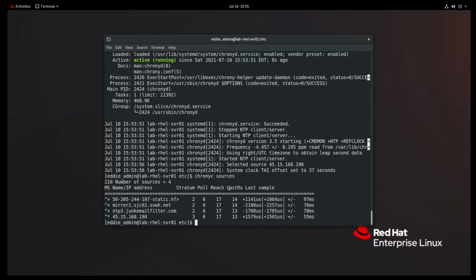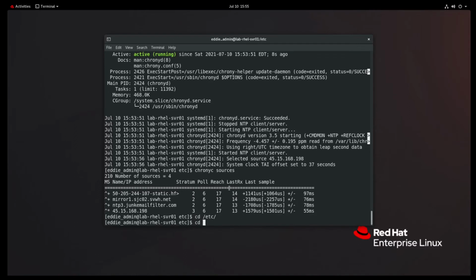So you've seen me use DNF, which you can also use yum for. Yum is going to be a symlink to DNF, which is the package manager that you will typically be using for installing your packages. However, that is not the only way to make that happen. And so let's stay on this server. Let's go into a particular directory here. We're going to go into, let's see, etc